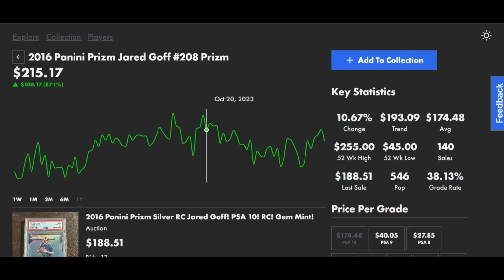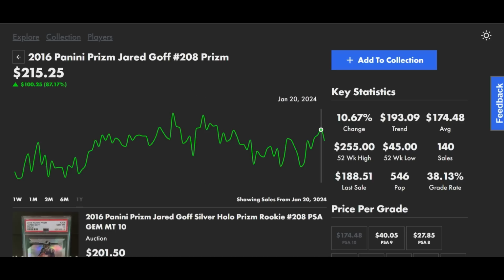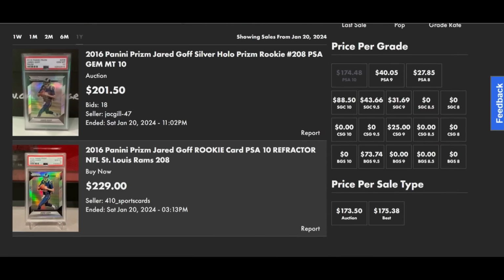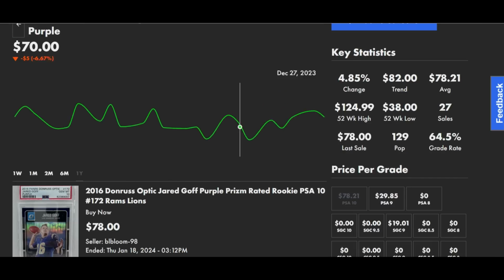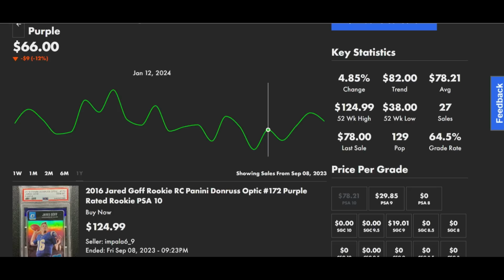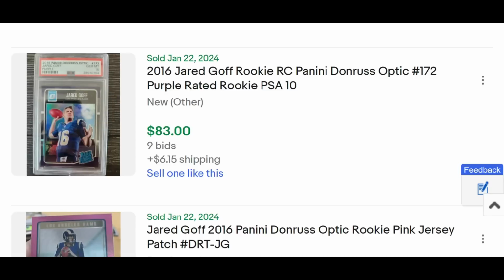Now, if we look at the 1 year, you can see back in October, back at the beginning of September, it's a nice hype there for Jared Goff. Now we are climbing back to those prices. So $229 buy it now on Saturday, a $201 auction on Saturday. There is that Optic Purple we just viewed, and we look at the 1 year trend. This one's really kind of bounced all the way around, including a $125 buy it now back at the beginning of the season. So really what we're seeing right now for Jared Goff is a back to beginning of season hype,